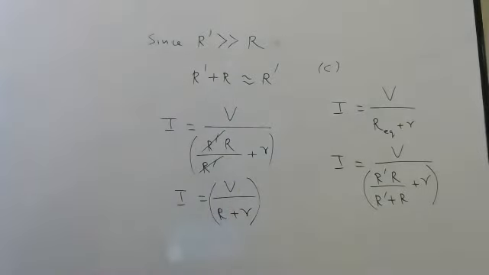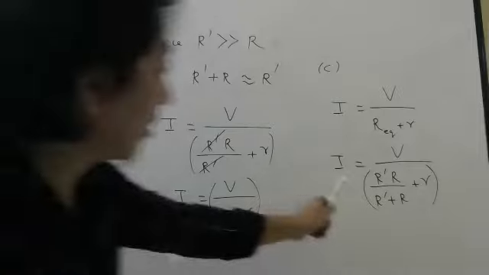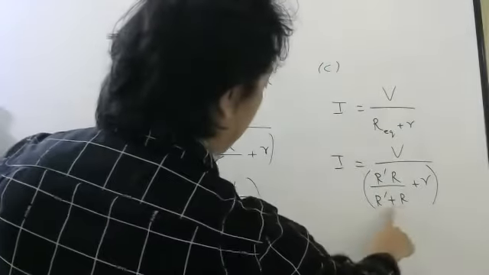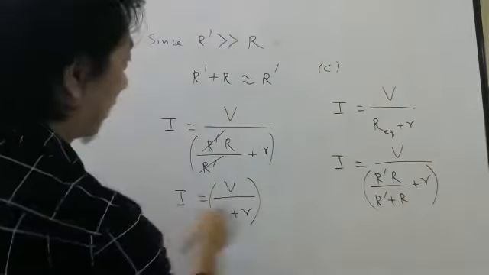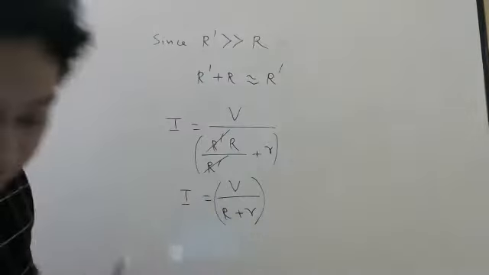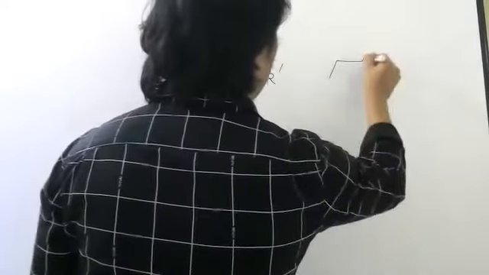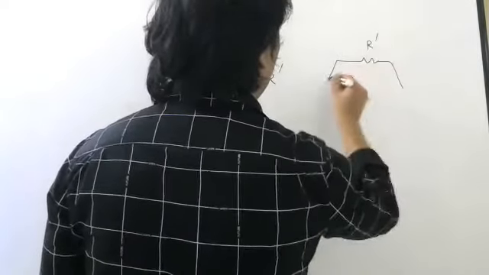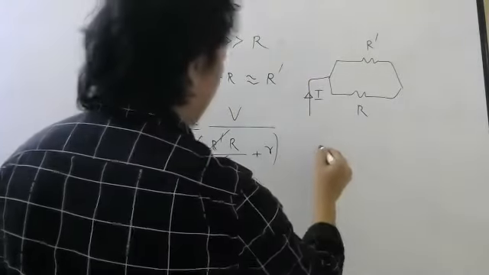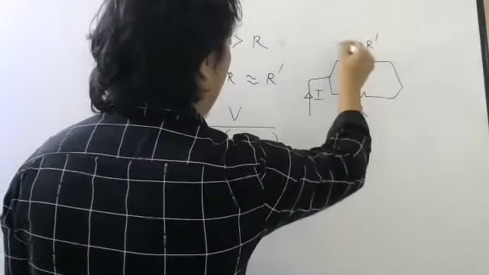Correct? Now, you see this current is constant, but remember this is the main current. Once I replace this by R dash, R dash will cancel. So this is the main current. Now, here was your R dash and here was your R, and the main current coming is I. So since the main current coming is I, this I will divide here into I1, I2.